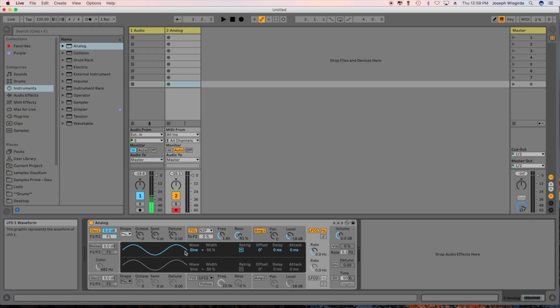Now remember, the LFO is a modulator, or a wiggler, and it's one that repeats itself in time. If we click on the wave section here, it gives us several different options for different repeating patterns: sines, triangles, rectangles, and even noise. So let's go with the sine. And now that the LFO is active,